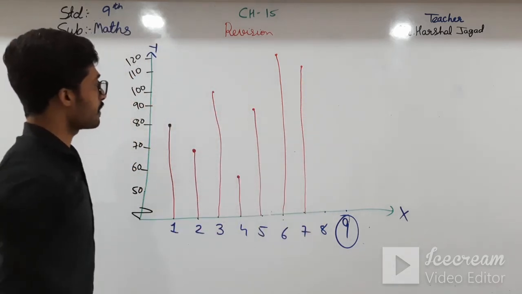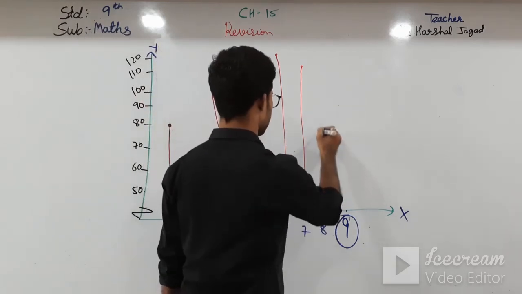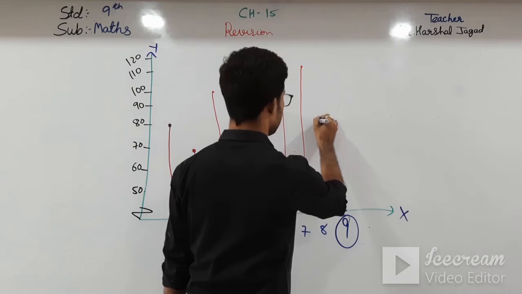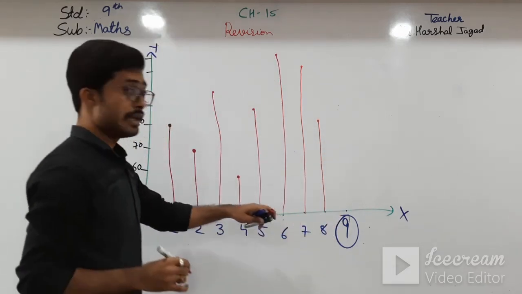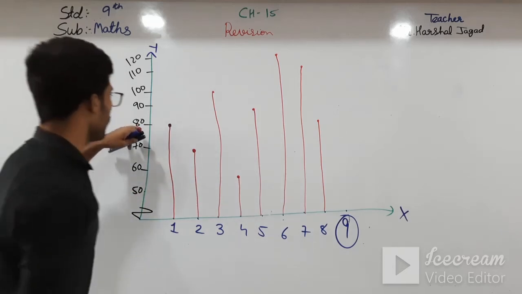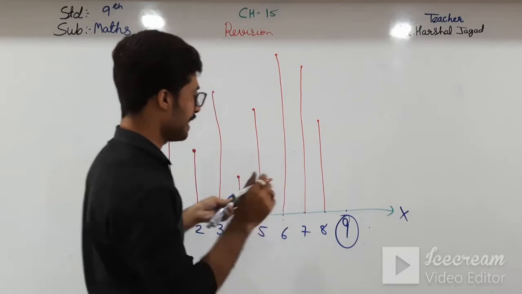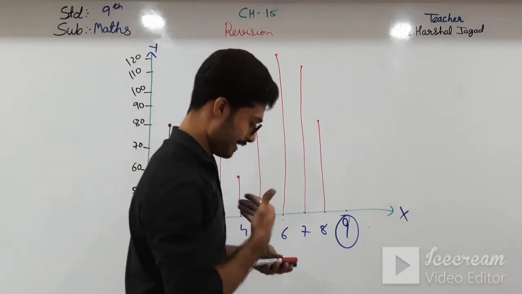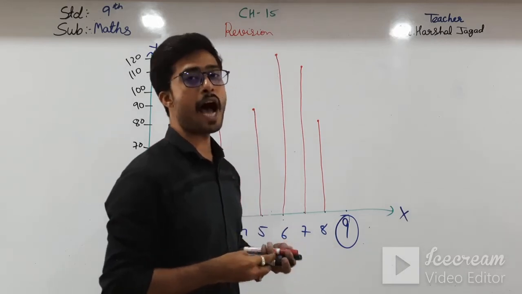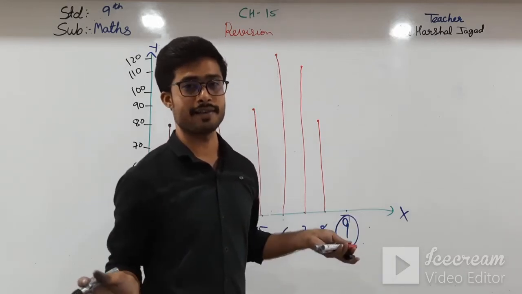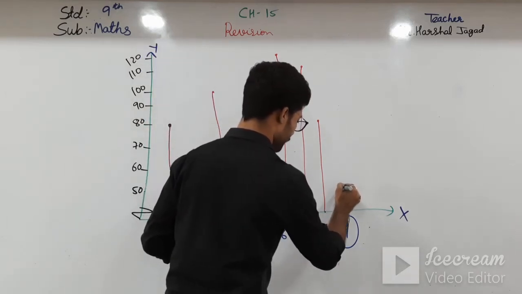And moving towards the 8th rider, it is going at the speed of 80 km. The 8th rider is going at the speed of 80. Why? Because 8 is his or her lucky number, so he is moving at the average speed of 80 kilometers per hour. And coming to me, I am the ninth rider, and I am going so fast that you can't imagine. I am just moving at the average speed of